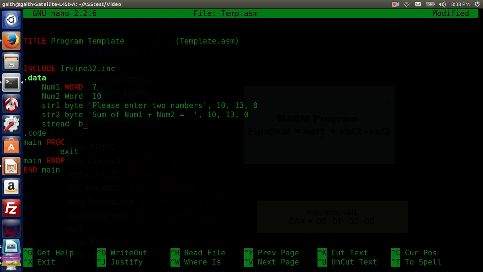and I'm gonna name this string end. I like always to add this in my code, it makes it look better. And I'm just gonna have a space, and just to have another, or you can do 10, 13. And now what do I need to do in .code? In my .code section,